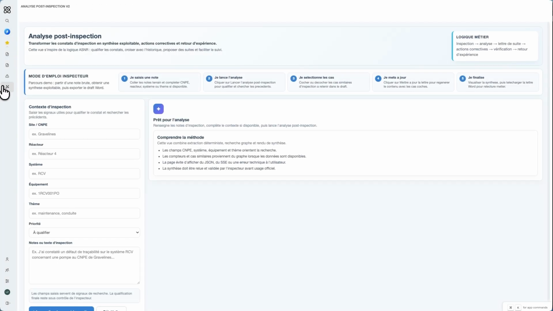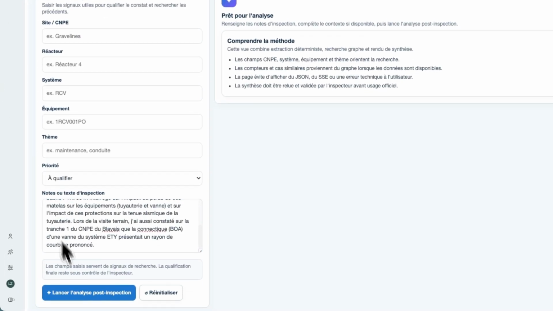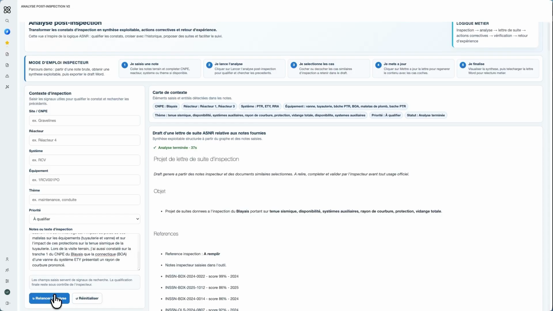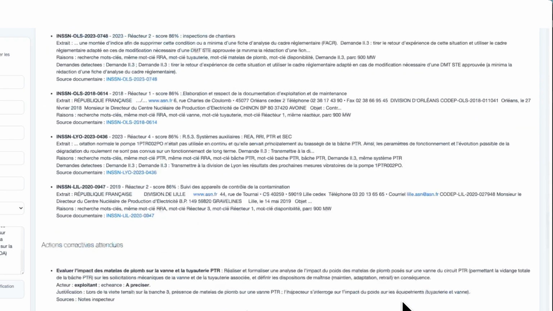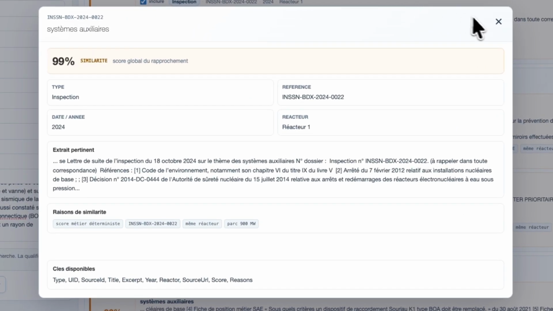In the second scenario, that same inspector is back from the site with raw notes. They paste their observations directly into the interface and run the analysis. Curiosity extracts the key entities from the notes automatically, then cross-references them against the full historical record. The most similar past case surfaces at the top, scored by both semantic and relational matching, with a direct link